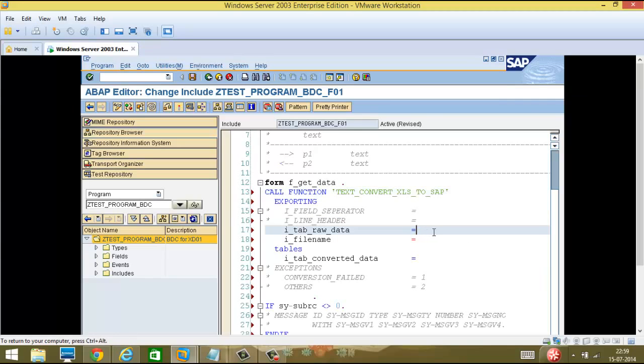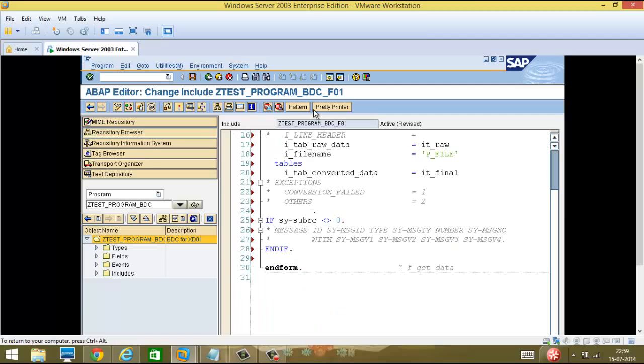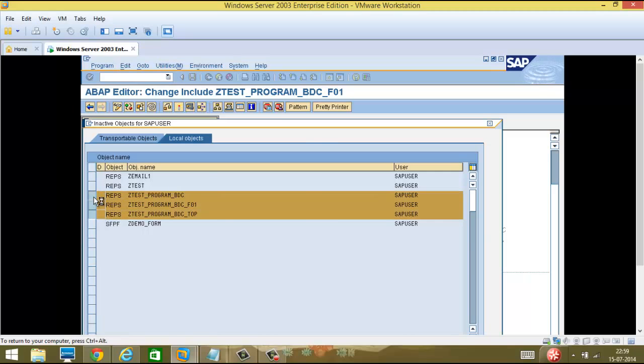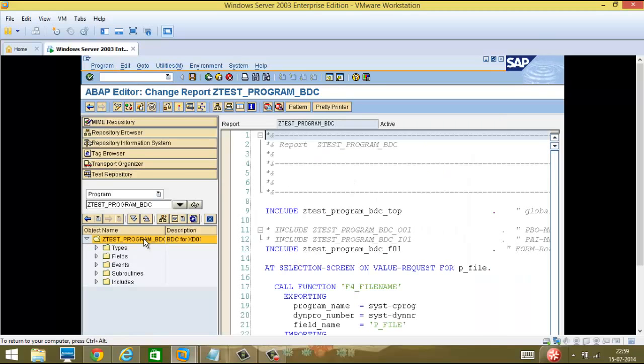The raw data which I just declared is IT_RAW. File name is P_file and converted should be IT_FILE. So till now this is the expectation, because once we have the data from the Excel sheet in our hand, that is in some internal table, then we can play with it. So what we will do,